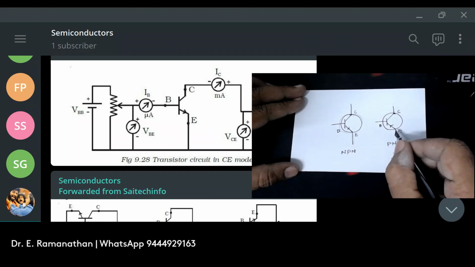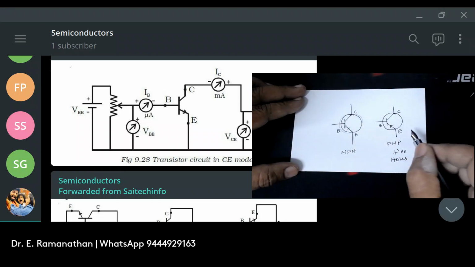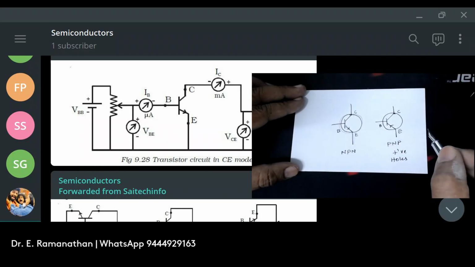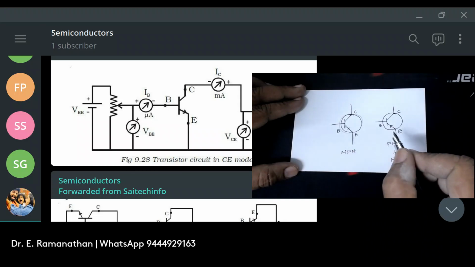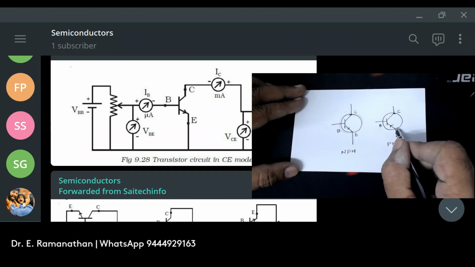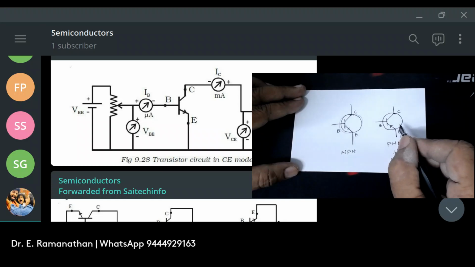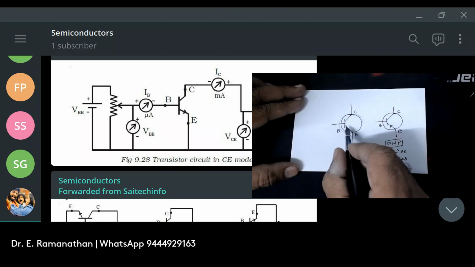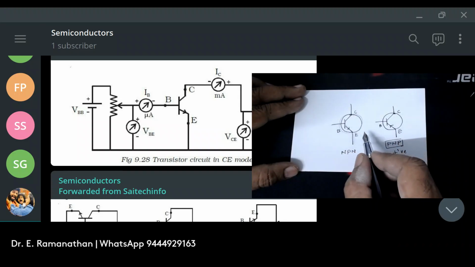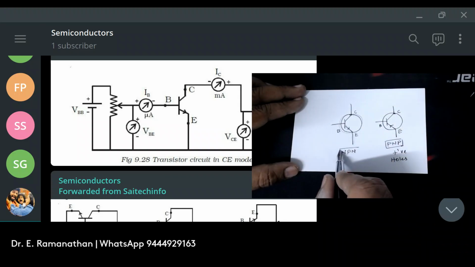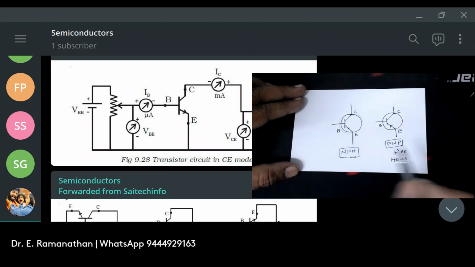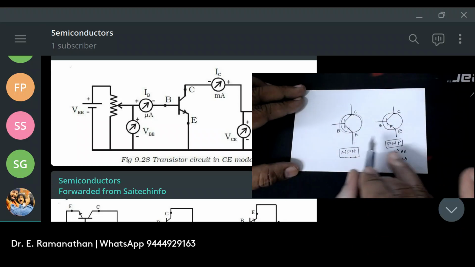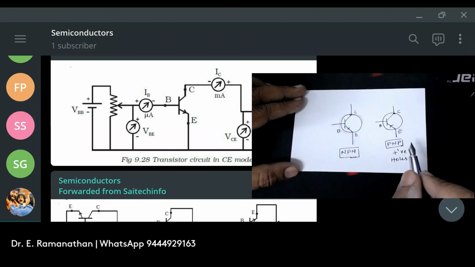So the direction of current is also in the same direction, from E to B. So when the arrow mark is towards the base, you can immediately say this is PNP. The arrow mark is away from the base, then you can say it is NPN. So this is a simple way you can identify the type of